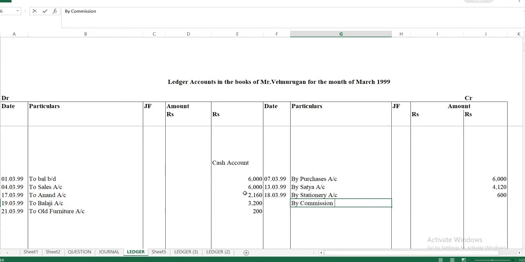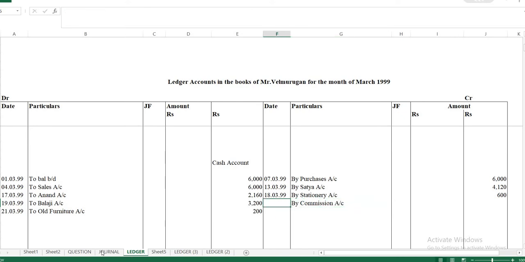So in the cash account, logically, whatever you are receiving as cash, whether from goods sales, from selling furniture, or from receiving cash from some person, will come under the debit side. On the credit side, if you are making payments like expenses such as salaries, rent, interest, or commission, or some purchases you made for cash, or if you are going to pay some person, any payment or expense will come under the credit side of your cash account. This you have to see.